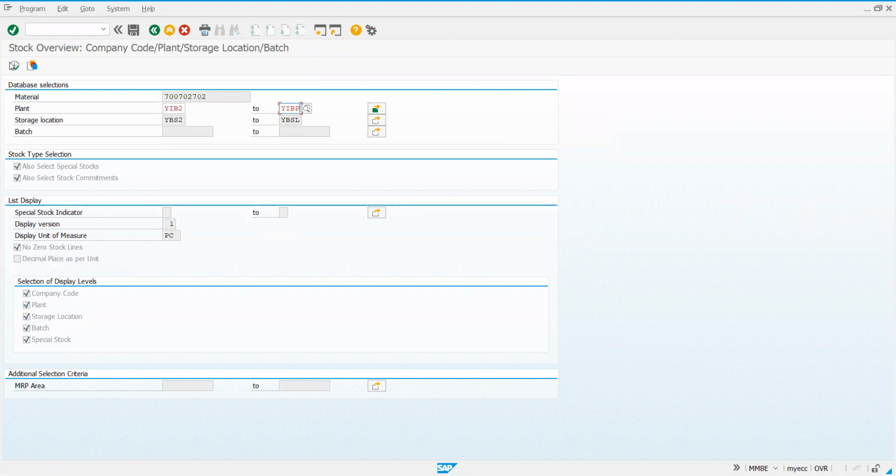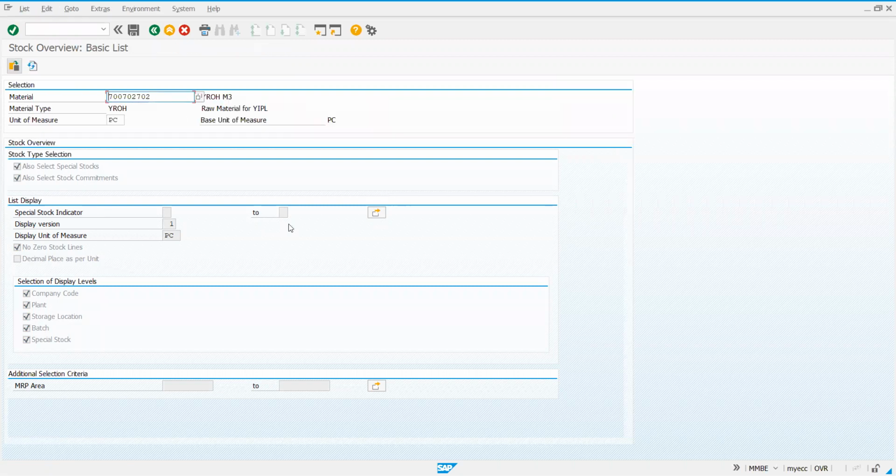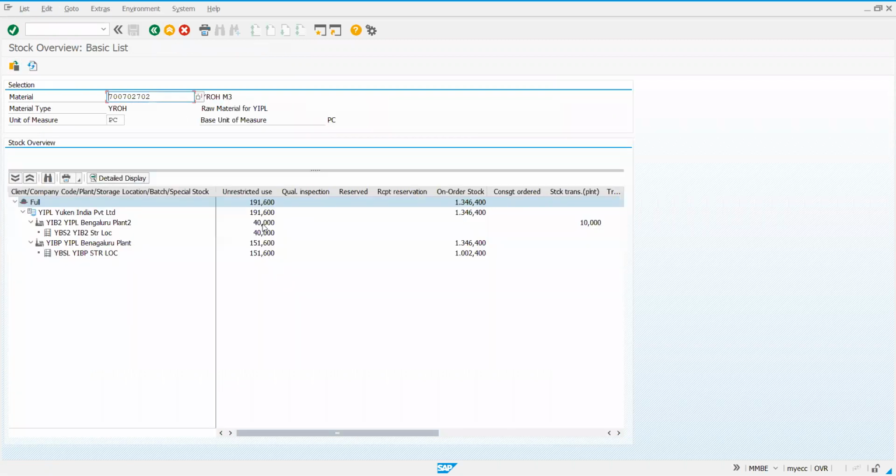Sir, again same, sir, YIB to both sides. No, it is reading now. You can observe now under YIBP, it became 40 and stock in transport it is 10.